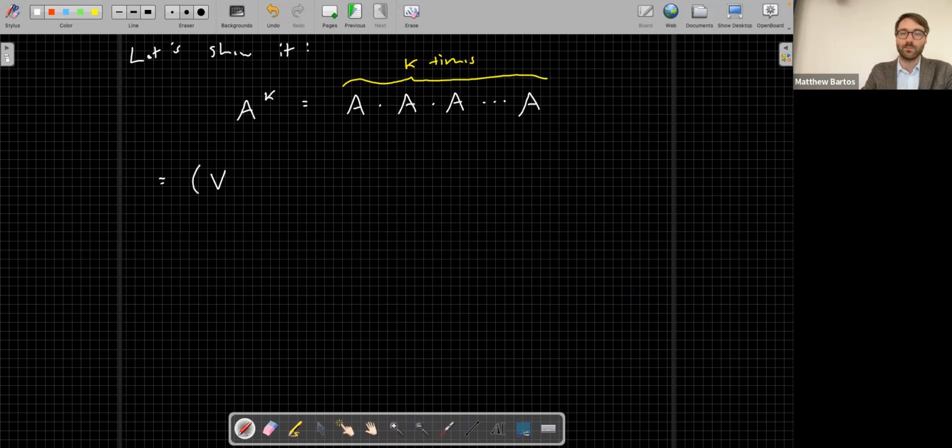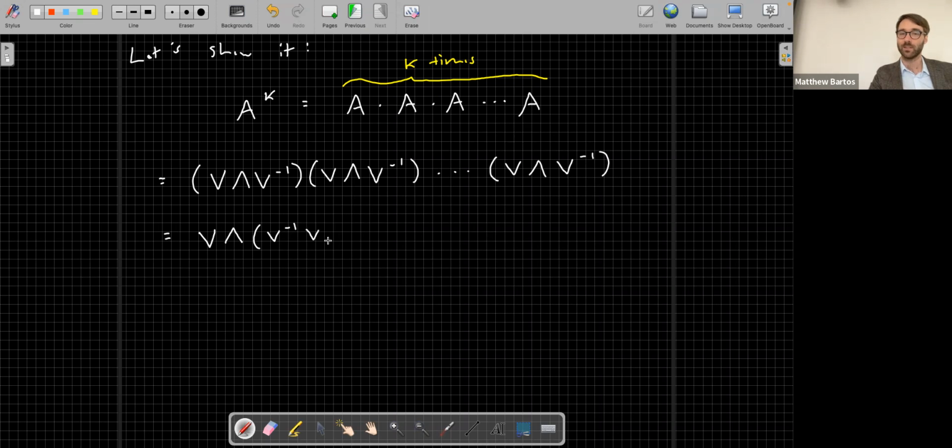So this is equivalent to V lambda V inverse times V lambda V inverse, and so on, V lambda V inverse. And now note that for each of these products, we can just rearrange the groups. So we'll have V lambda times V inverse V, lambda times V inverse V, and so on, all the way to V inverse V,